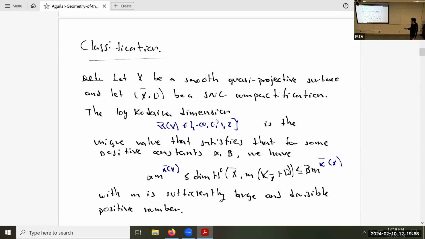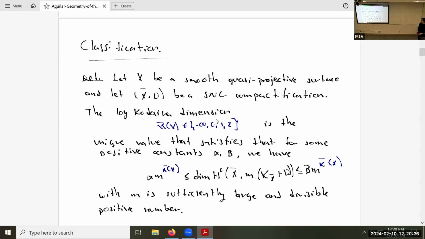So how is it defined? Well, it is defined in the following way. You need to take the dimension of the space of sections of the multiples of m(K_X̄ + D). And this will be bounded between some two numbers, with some positive constants alpha and beta here, times m to the power of this invariant, whatever that means. So we have to take m sufficiently large and divisible. Okay, so we have some invariant that can tell us something about the complexity of the quasi-projective surface, and we